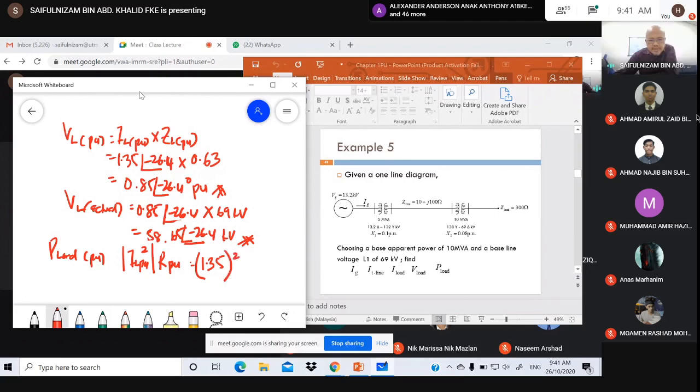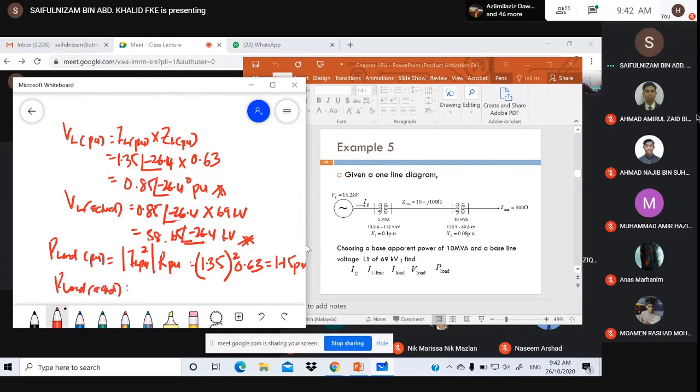I squared times what is R PU? 0.63, right? So what do you get? 1.15 PU. So we only take the magnitude of the current, since this is the real power being transformed from electrical form to heat, non-electrical form. Then P load actual equals 1.1